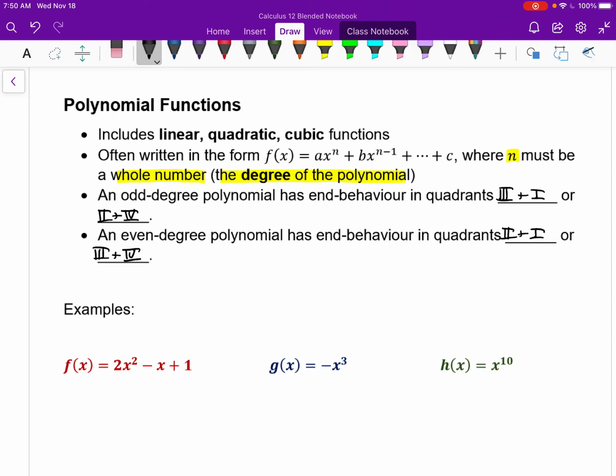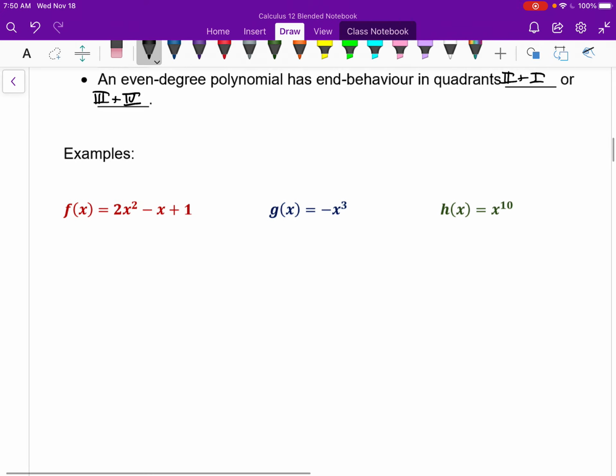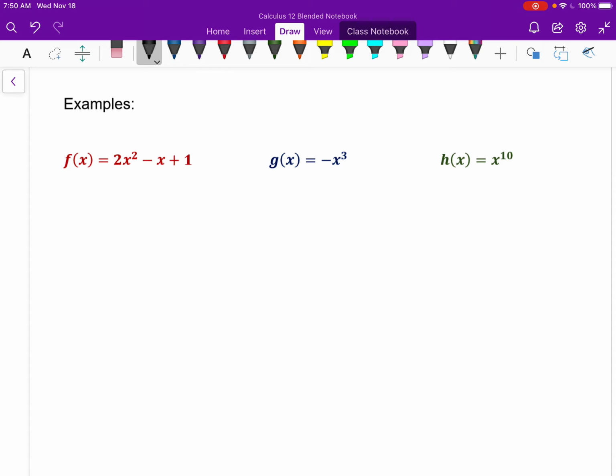That's it. Huge variety of polynomial functions. Here's 3. And so first, f of x is a quadratic polynomial. So it's degree 2, because the biggest power on x is a 2. And again, this is an example of a quadratic, which is a type of polynomial. And the end behavior of this